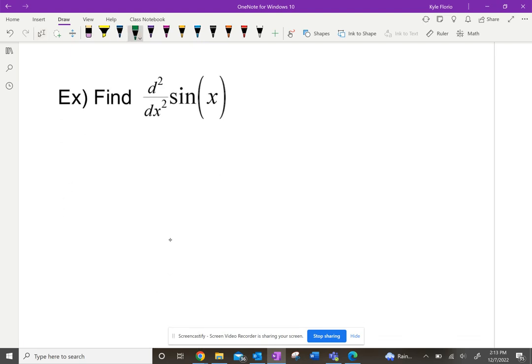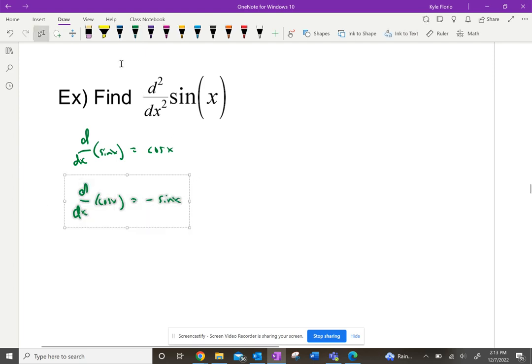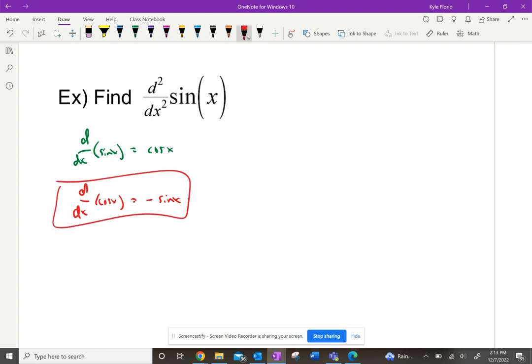The second derivative of sine of x. All right. So the first derivative of sine of x is going to be, so let me use the same notation, the derivative of sine of x is cosine of x. And if I take the second derivative, which is the derivative of cosine, the derivative of cosine is negative sine. Done. People say this kind of feels like doing powers of i, like i squared, i cubed, i to the fourth, i to the fifth, i to the sixth, and it keeps floating between i, negative 1, negative i, 1, i, negative 1, negative i, 1. Sounds similar to that. But anyways,